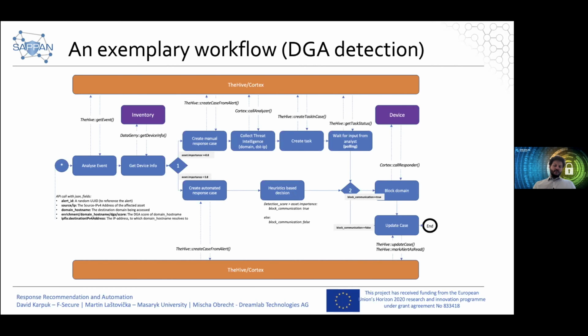In the end, with the diamond 2, there's a decision to block or not block a domain, and at the very end, there's a case update where again through the API, the case in the Hive and Cortex is updated with the most up-to-date information. Please double-click to show these two ways through the workflow. So this is what we've implemented in Airflow, which brings me to the conclusion